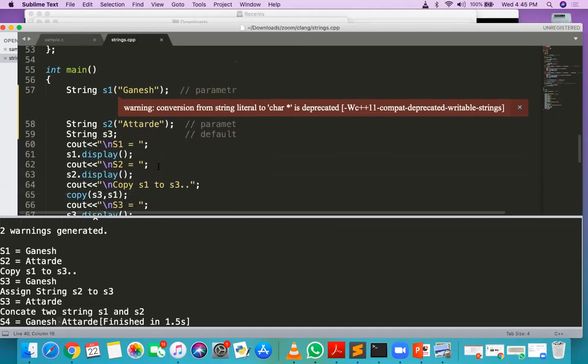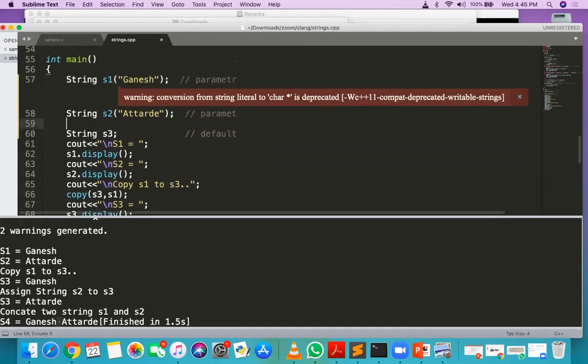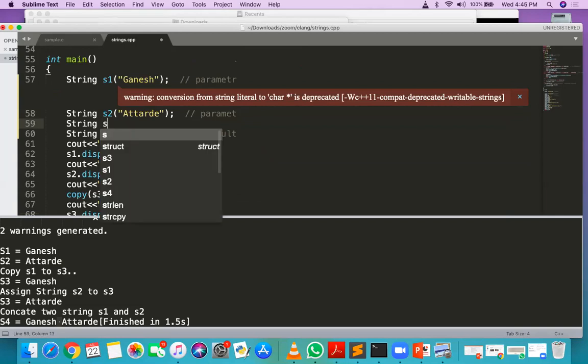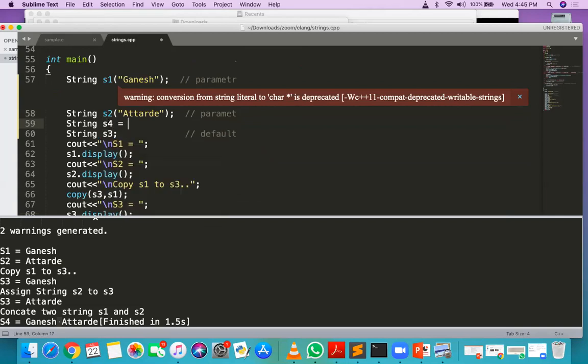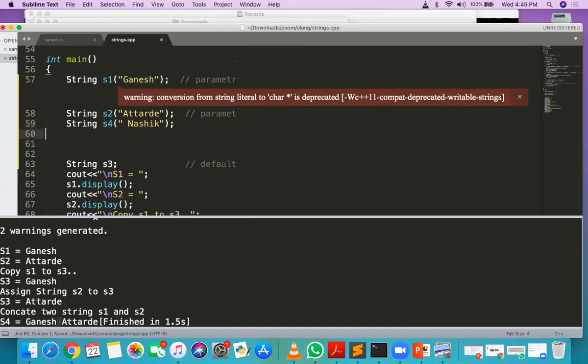Suppose there is one more string, string S4, and I'm using Nashik here. Suppose I want to concat it. So concat S1 comma S2 comma S3. So I'm calling it with three.